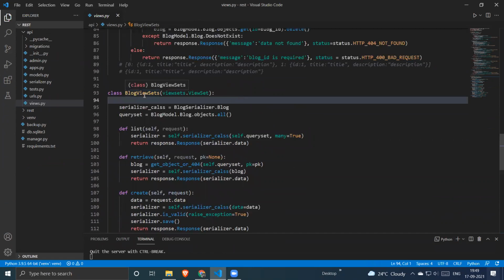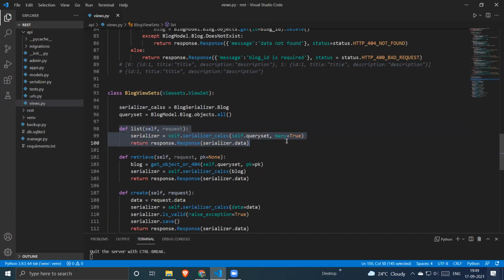First, we built a blog view set, which will be extended from viewsets.ViewSet. Then we created a list method, which will serve as the HTTP get method, but it will provide a whole object list. So it will take self and request as parameters. Then we have to define a serializer class, right? Then after defining a serializer class, we have to pass our query set object, and we have to define many